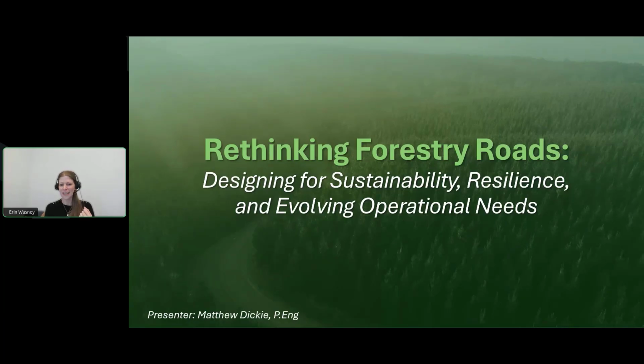So rethinking forest roads for Forestry has been sort of a precursor to a lot of the different changes you're going to see in our software. So rethinking the way that we look at some of the different tools and elements in the software regarding planning, regarding changes in our climate, changing aging infrastructure, and seeing the impact from when there isn't adequate design and planning and what that can do to our environment.